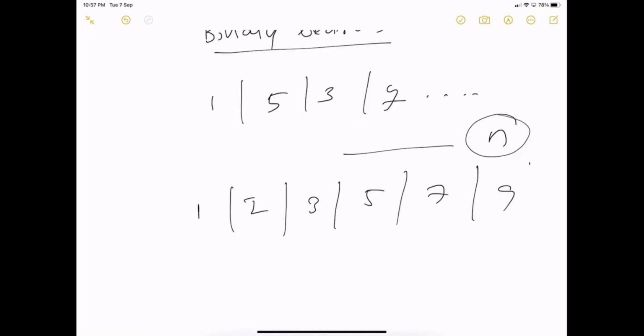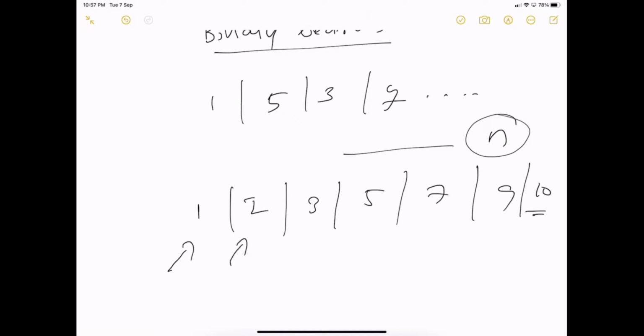Or we'll have 10 here. If you want to search for 9 or 10, and it was a normal search, it will take 10 comparisons. You compare with one, so the number of comparisons will tell you the order, right?